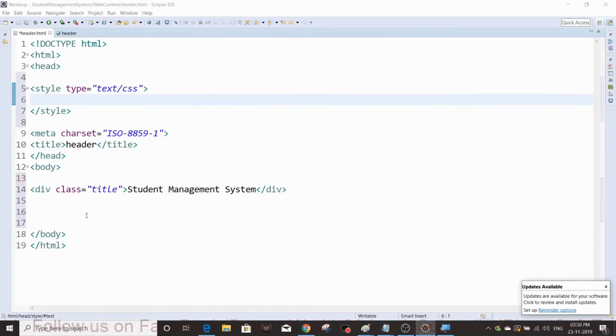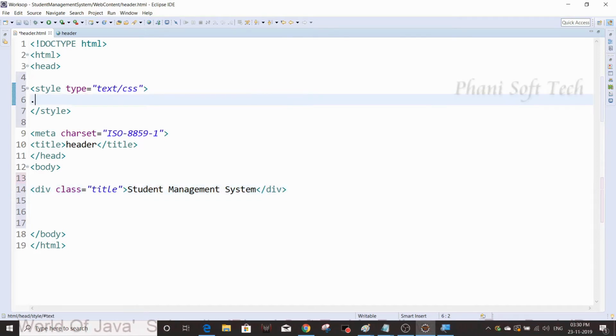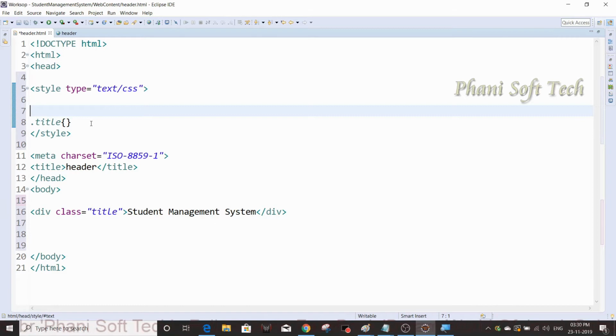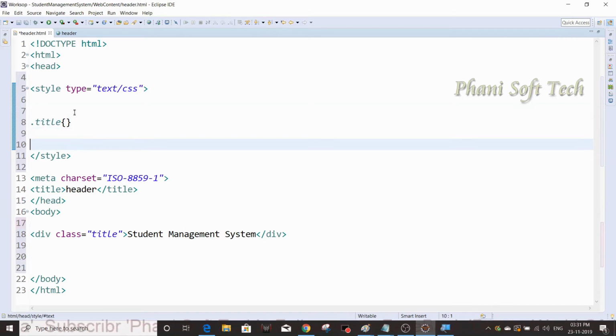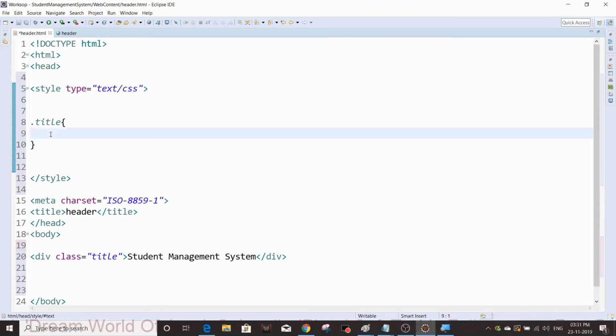So we have a class now, class title. We need to get this entire element and apply some styles. How to get class elements? By using dot, then the class name title. Make sure you use curly braces. So here you give your styles.